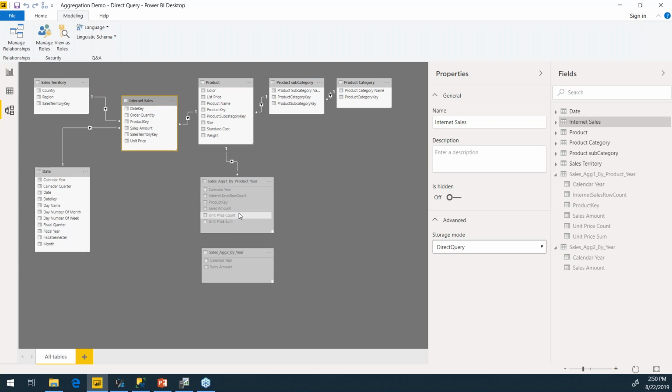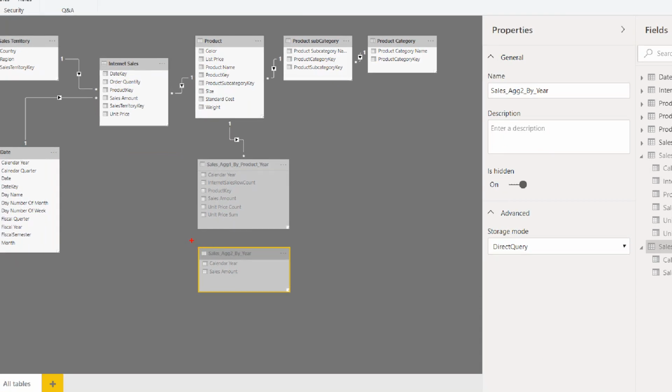They need to have the same data type, and you don't have to have all of the fields. For example, if you look at this aggregation table here, it only has sales amount and calendar year, whereas my detail table here only has sales amount.